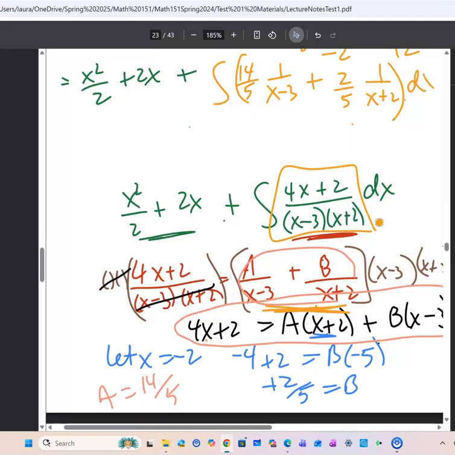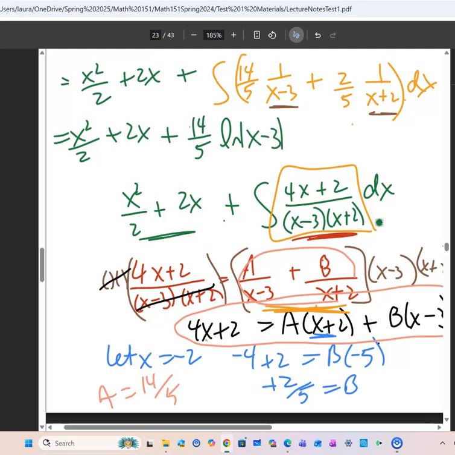All of that is dx. So you know that these are both easy ln's, right? So I can carry these two things in the front along, plus 14 over 5, and I'll get ln of x minus 3 plus 2/5 ln of x plus 2 plus